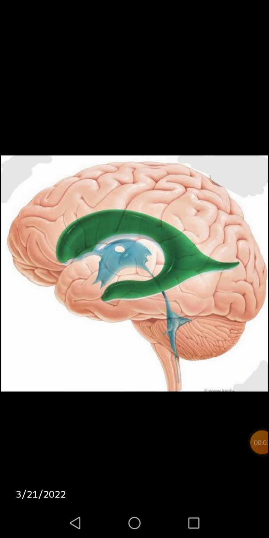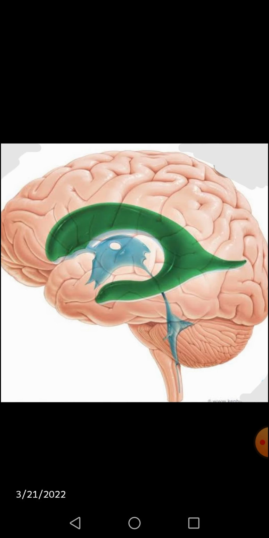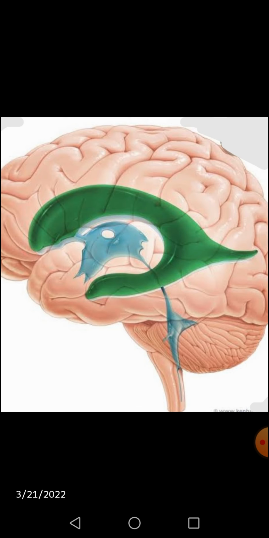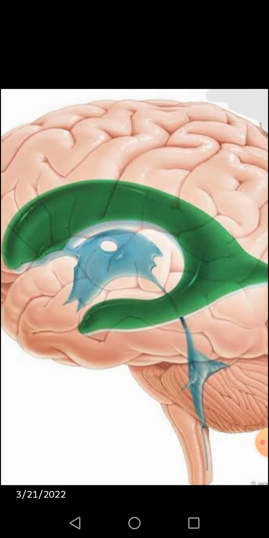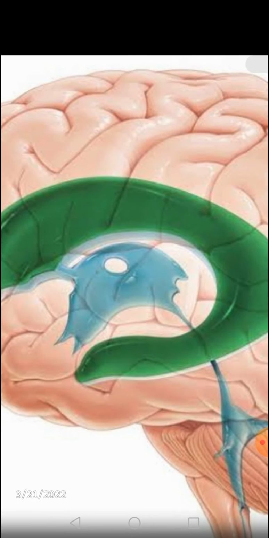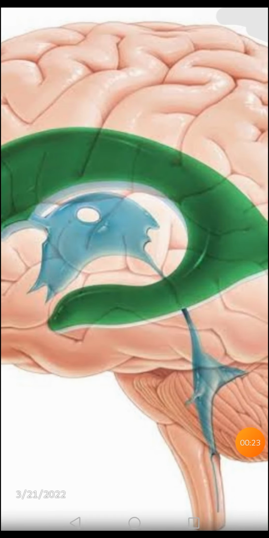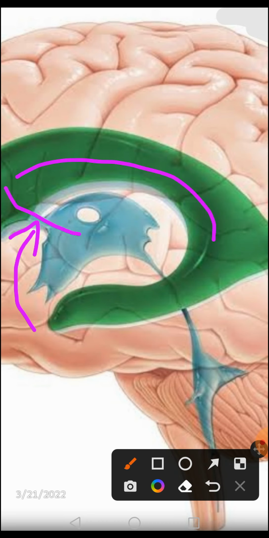The ventricular system consists of communicating ventricular cavities filled with the CSF. The green colored C-shaped ventricle is the lateral ventricle. They are two in number, and in the very center of the diencephalon you can see the bluish colored third ventricle. Let me mark how they communicate. There lies the interventricular foramen, through which the cavity of the lateral ventricle is going to communicate with that of